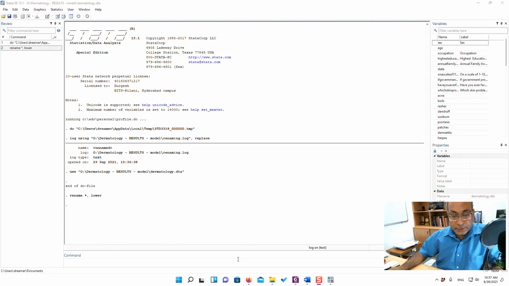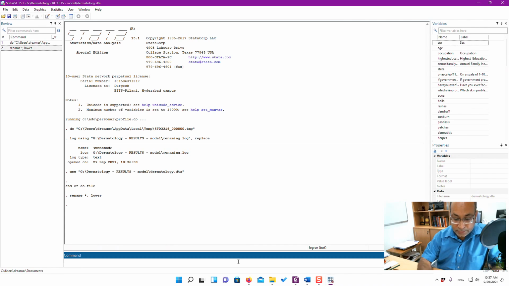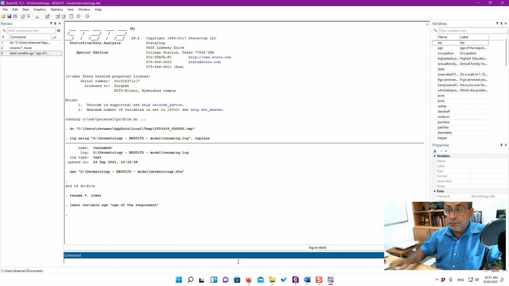So how we do that? We simply write the command label variable, and I'm going to define the label for the variable age. So age of the respondent, and done. So now you see that there is a label for this variable also.